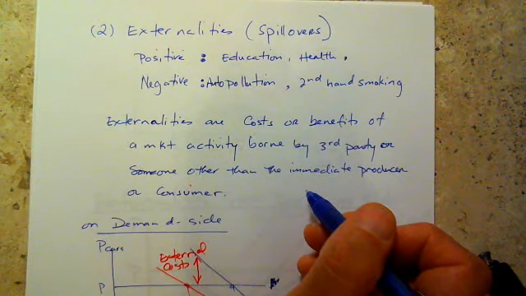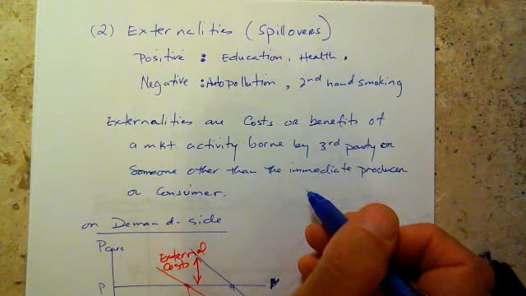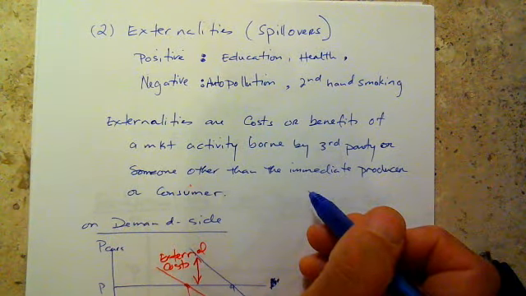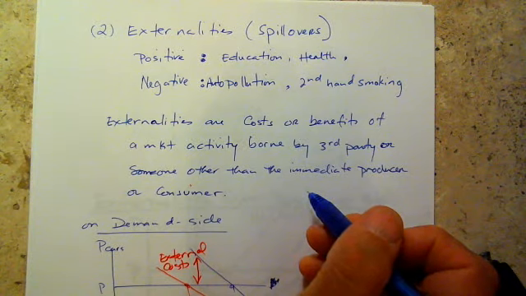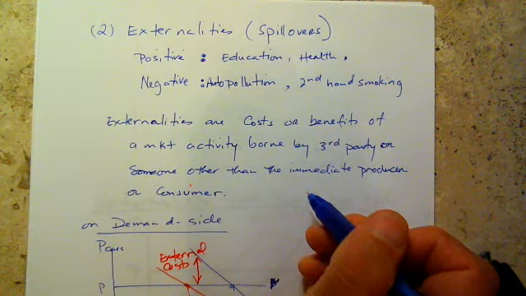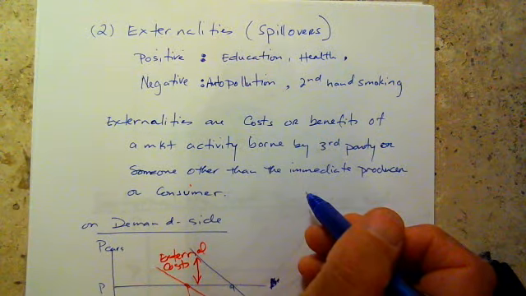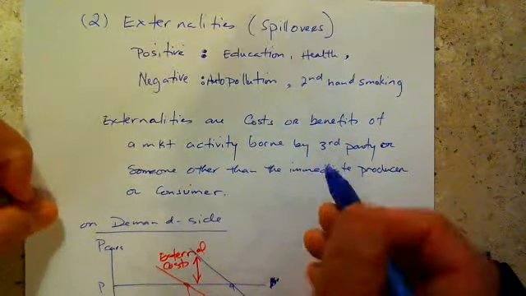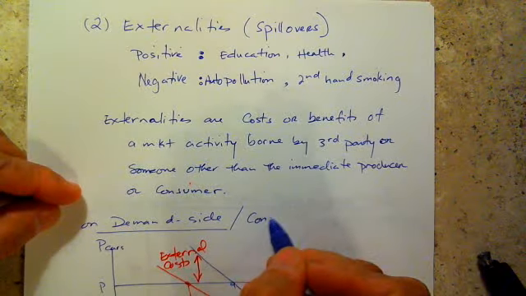So therefore, secondhand smoke can be considered a social cost. Same thing as pollution. Someone who walks or rides a bicycle imposes no pollution on society, but someone who drives a car does, and someone who drives a larger car with lower gas mileage is obviously imposing a higher level of pollution and therefore higher social costs. So let's look at these things from the demand or the consumer side.